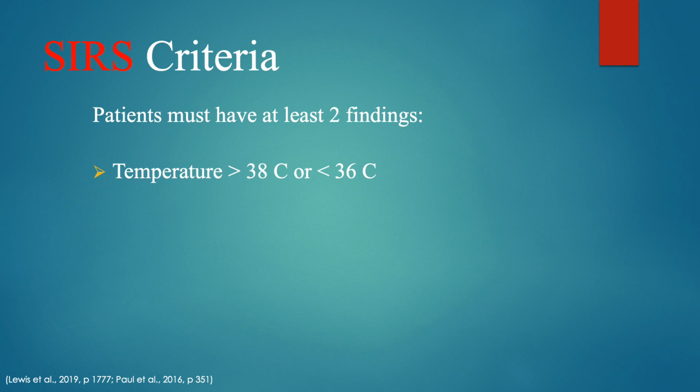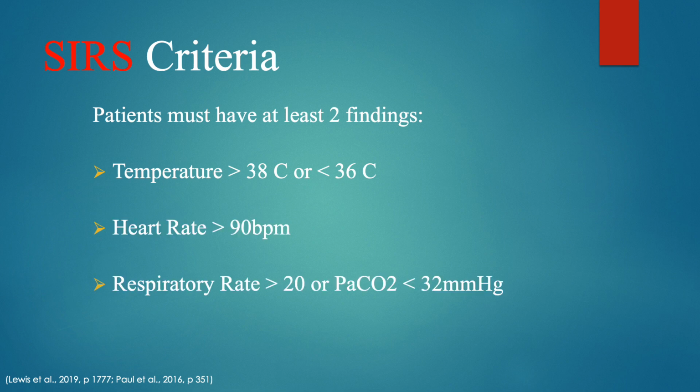Heart rate of greater than 90 beats per minute. Typically, we would define tachycardia as a heart rate greater than 100 beats per minute, but with SIRS it's 90. Respiratory rate greater than 20, or a partial pressure of CO2 less than 32 millimeters of mercury. Normal CO2 levels tend to sit between 35 and 45 millimeters of mercury, so this decrease in CO2 is reflective